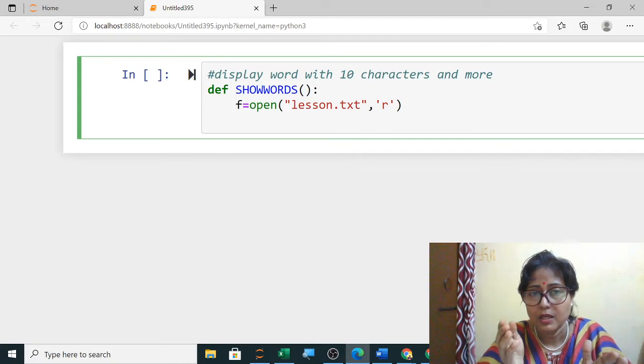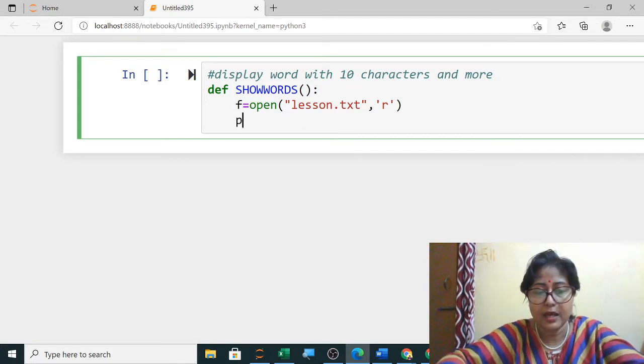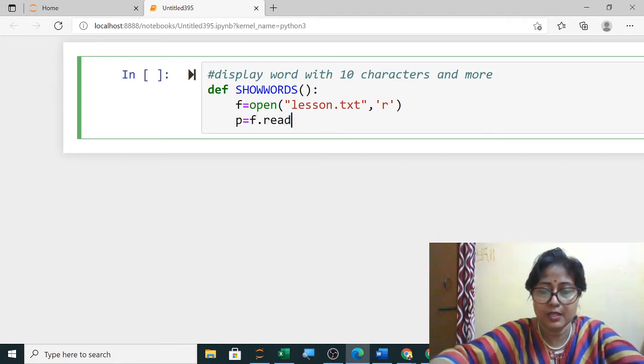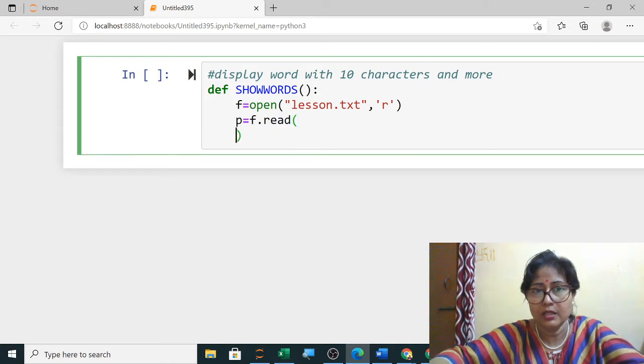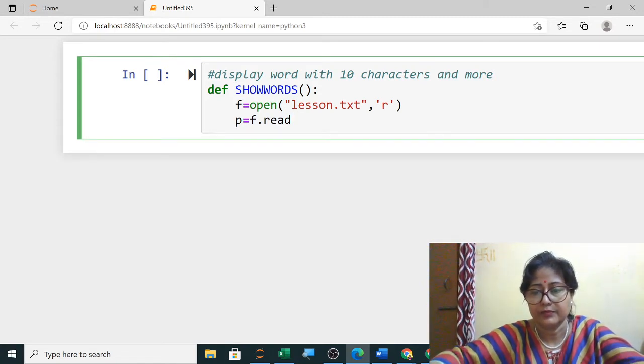Next will be the words read you will do. So all the paragraph you will read. I will use the f.read function here. It will read all.